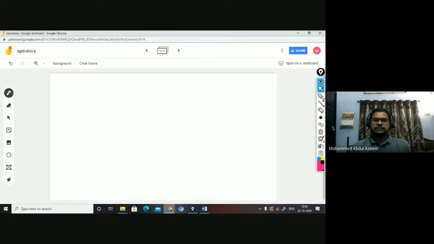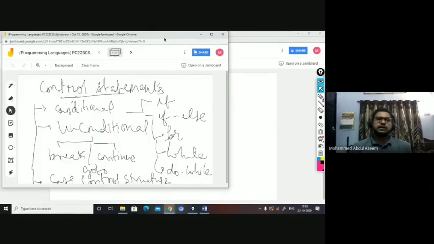Now let us look at a few more topics. Look at the control statements. I have discussed them a bit in the second class, of course. I just take a glance at the same. Control statements basically help you to move the control across your program from one part to another, right? So it helps you to conveniently make use of the control in order to let your instructions be executed in your required order, right? Some of them are conditional statements like if else, for, while, do while, and then jump statements like break, continue, goto, and then you have the case control structure. These are some of the control statements.